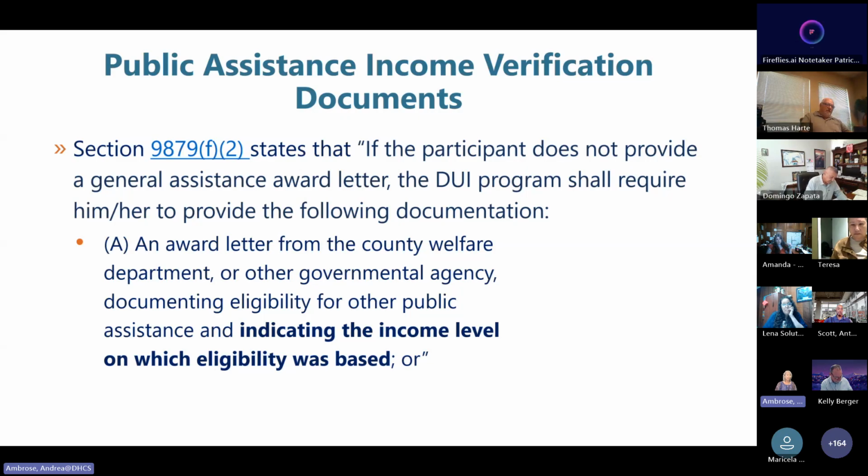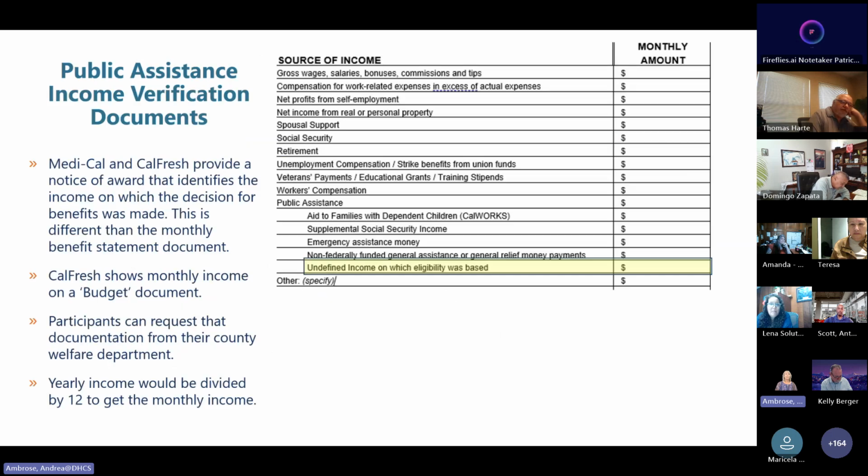So that bolding there, I put that there because this is a really critical piece that helps you understand what their income is and how they're going to qualify for which payment option. So there are several types of benefits that are provided by the county, public assistance, that don't necessarily automatically qualify someone for a certain payment option.